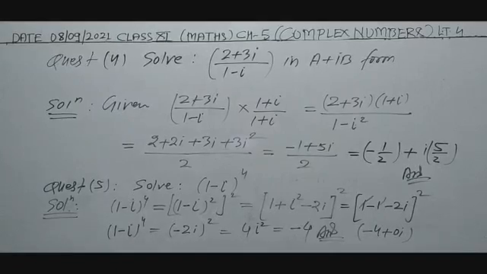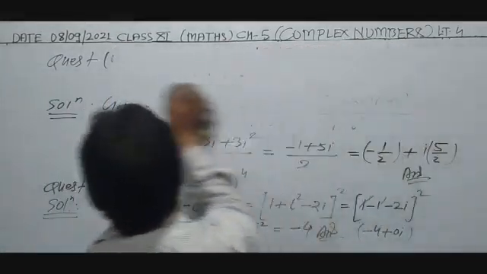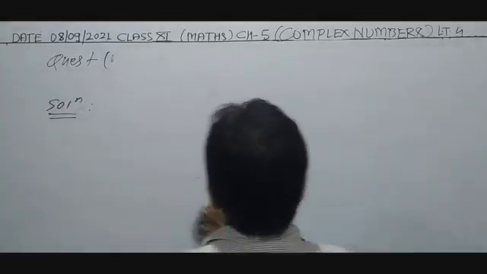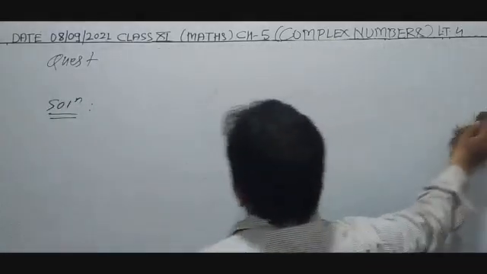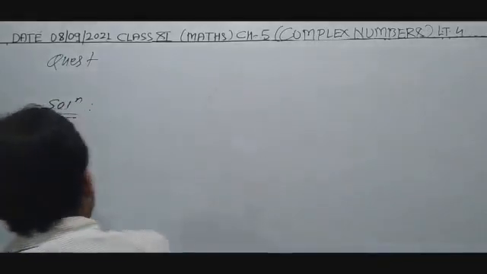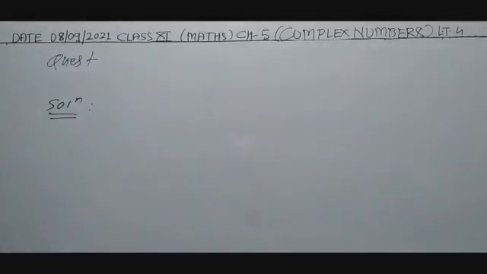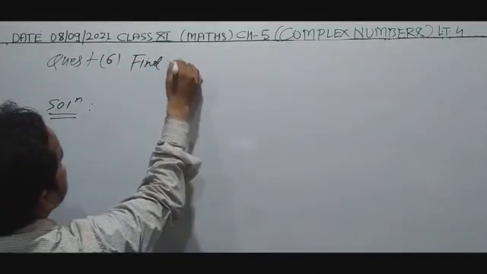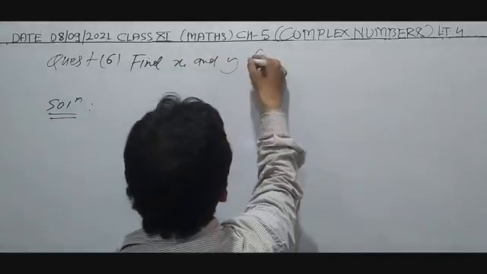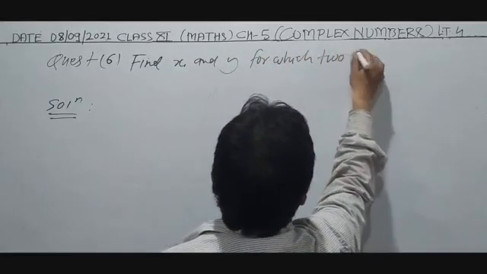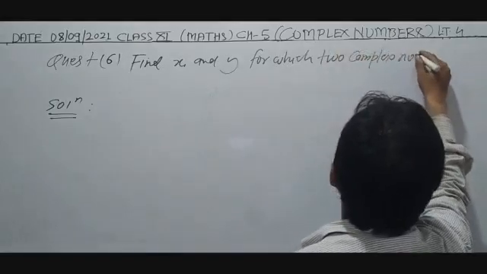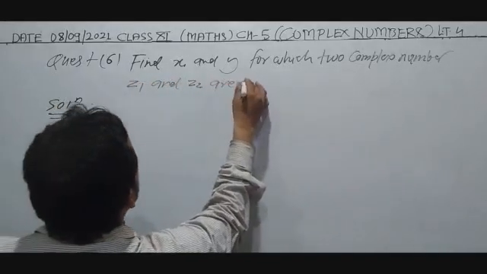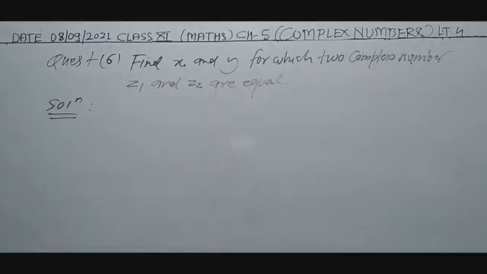Question number 6 is: find small x and small y for which two complex numbers z1 and z2 are equal, such that